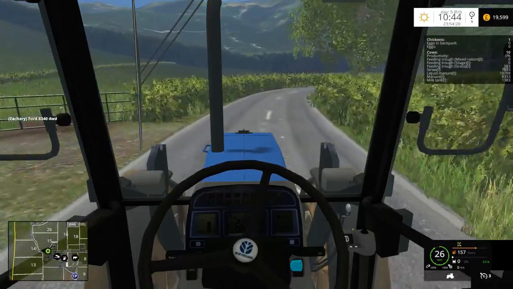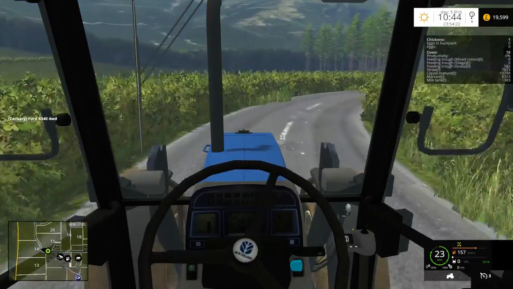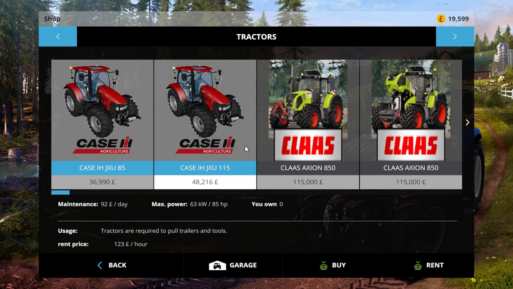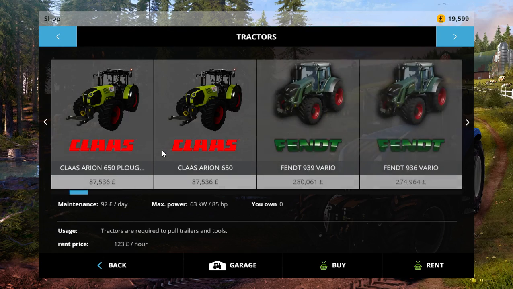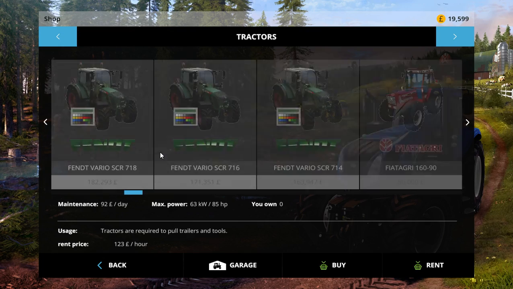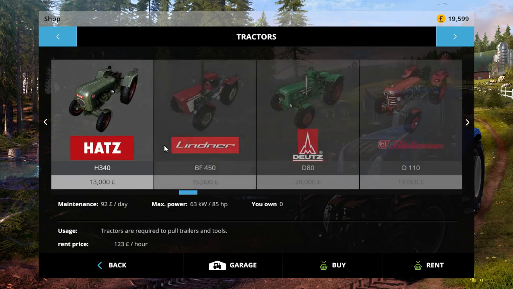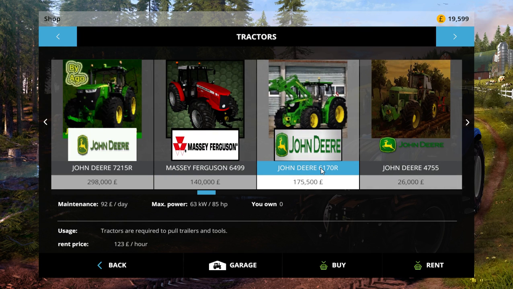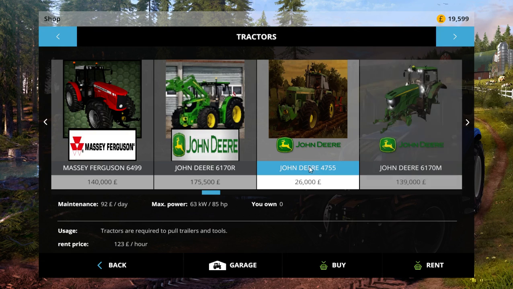But anyway, have I downloaded any tractor mods? I always do this instead of checking before we start. Oh, I got these Case IH JXU 85 and the 115. I picked them up because they were on the official website and they looked fairly nice. So we've got a John Deere 7215R, which a lot of people wanted me to get, a John Deere 6170R, John Deere